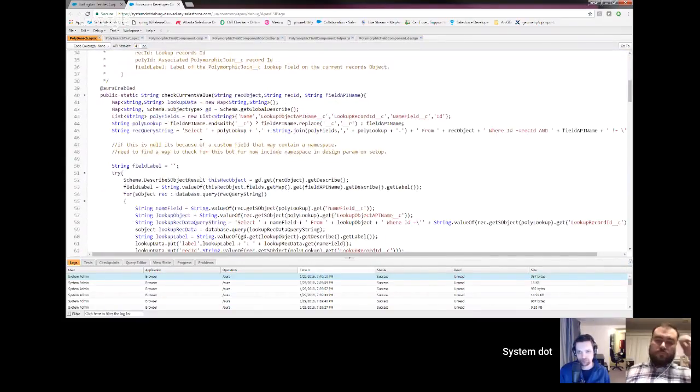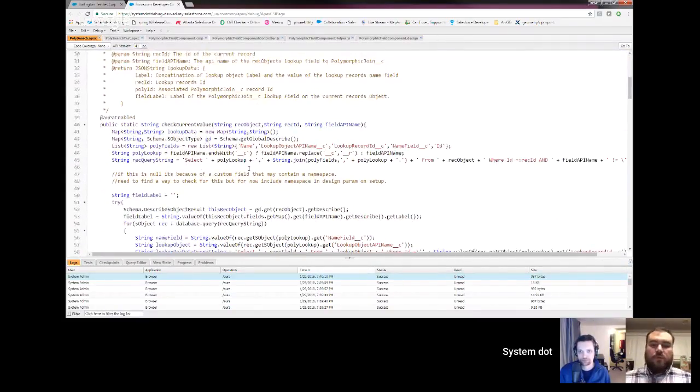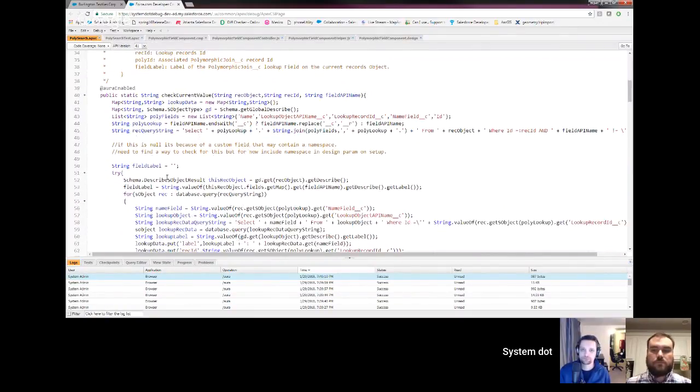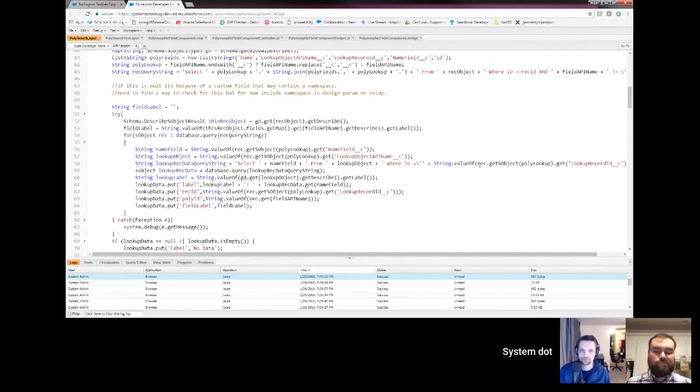But just walking through the code here, on page load, we're checking to see if our object actually has a record that we've associated it to or not. If so, we're going to grab that field label, so we display that, not the API name, and we're going to find out our poly information via that. And once again,